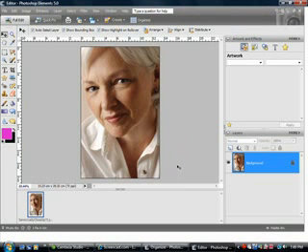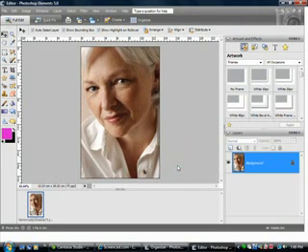Okay, there she is. The only thing we're going to do with this lady is give her quite a softened effect using the blur tool over here on your toolbar. Now the toolbar is almost the same in each of the Adobe Photoshop applications that you use. It is a little bit different, but you can usually compromise